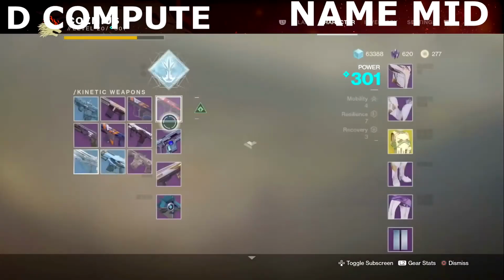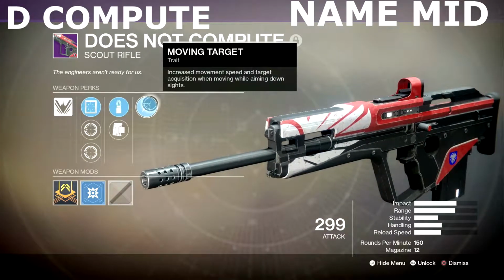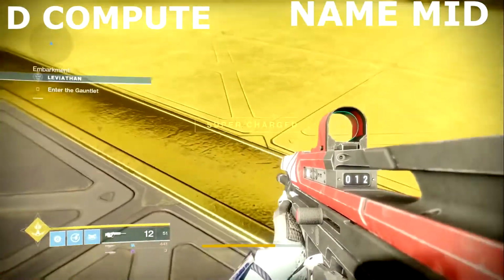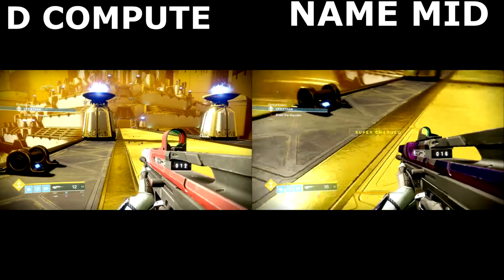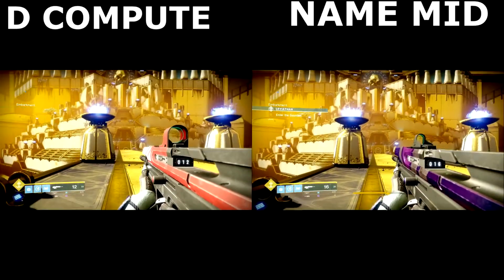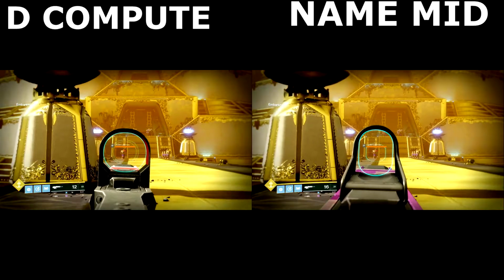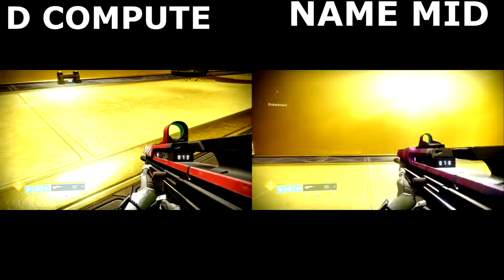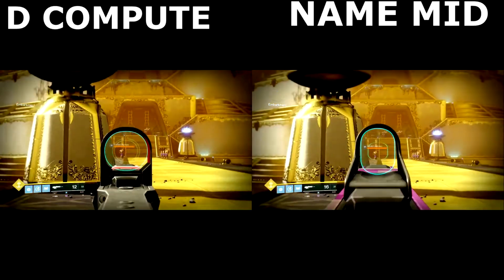Now here for the movement, since this weapon has this perk called Moving Target, where you move faster when aiming down sights, I decided to put it to the test against my Nameless Midnight. We're gonna start here and hit a finish line on the other side of the road, and I aimed at one Legion's head and I just moved to the side, and I honestly really don't see that much of a difference. Now I decided to do it again, and by the pinch of a hair,